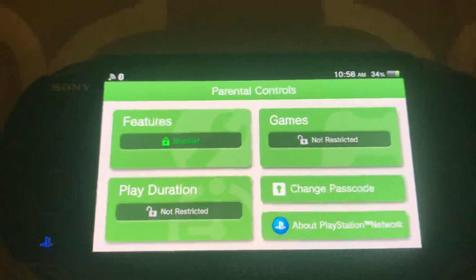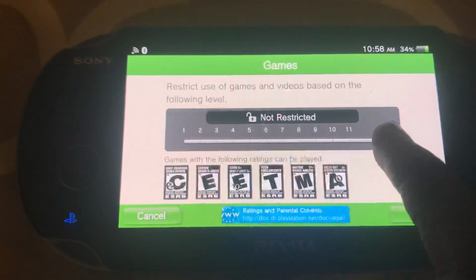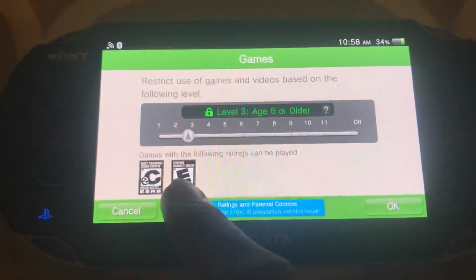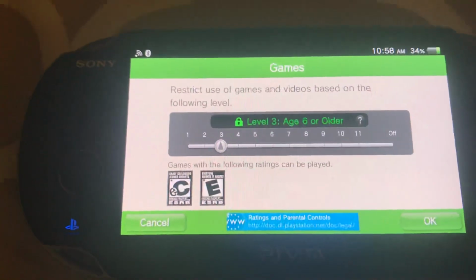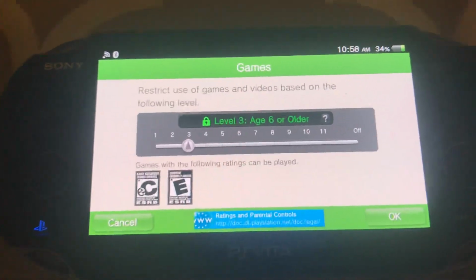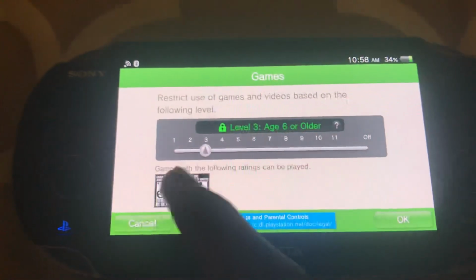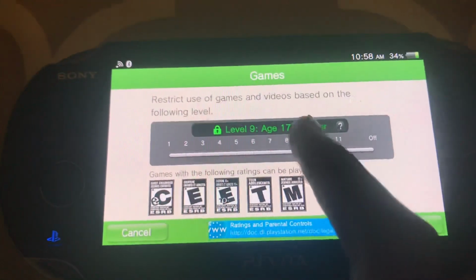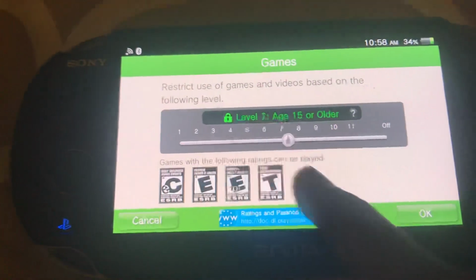And now for games. And you'll slide this. So, for example, if you have a kid that's like 6 years old and you're letting them use this PS Vita, it's recommended that you set it to level 3, because level 3 is the most mature that they can use it. Now the highest level